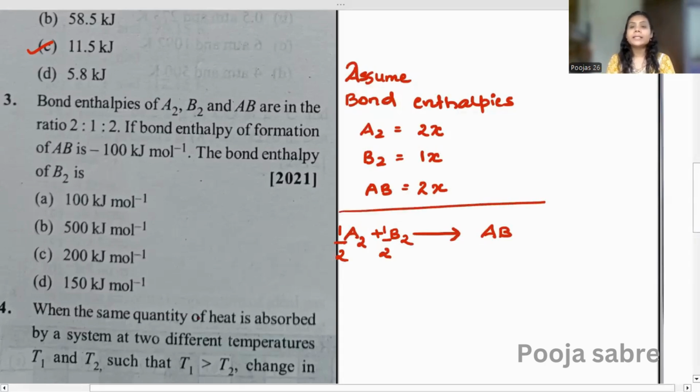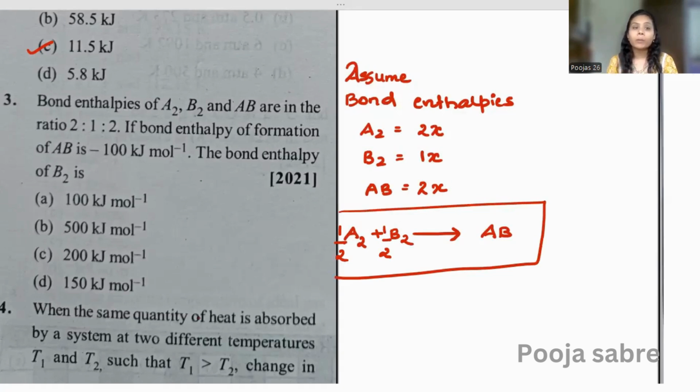So this is the standard reaction बच्चों. Try to understand the concept. यहाँ पे हमें दिया क्या है? Enthalpy of formation हमें दिया है. तो सबसे पहले हम formation का reaction लिखेंगे. ठीक है? Formation of AB क्या होगा? It will be from A2 plus B2. Clear? And then simply you are going to balance the reaction. तो ये हो गया हमारा standard reaction.